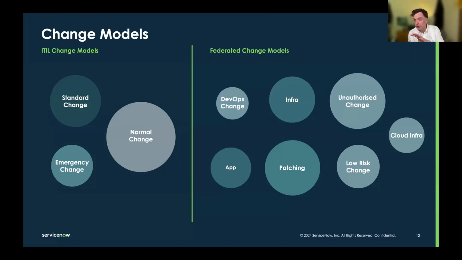But we can also have models for these other types of changes. So we can have a specific model for DevOps, a specific model for an authorized change that actually reviews the change first and then authorizes it. Have a specific model for patching that allows us to work within the patching paradigm to tailor our process to the data they provide or the process they need.